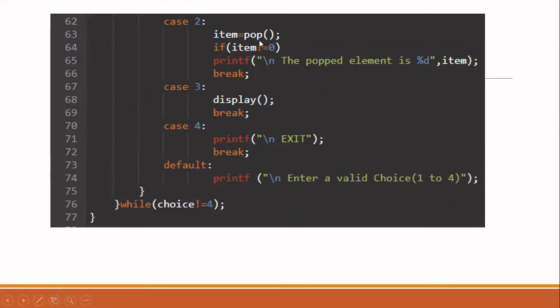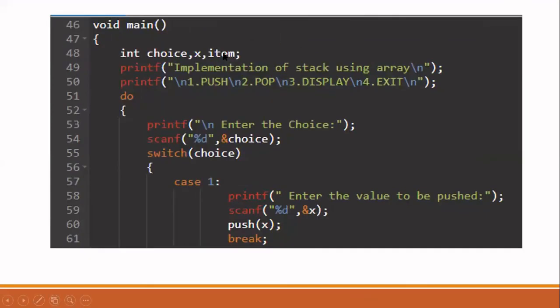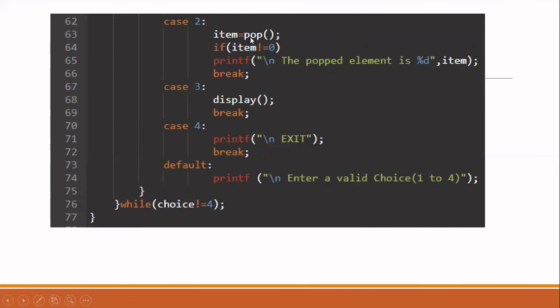Now in case 2, we are going to pop the element from the stack. So we have written pop. Pop will not accept any argument because you have to remove only the element from the top. It will return one value, so you have to store it in one variable. Since it is returning an integer, I am declaring item as integer. Whatever element is returned, I'm storing in item. I told you in the function that if the stack is underflow, I'll be returning 0.